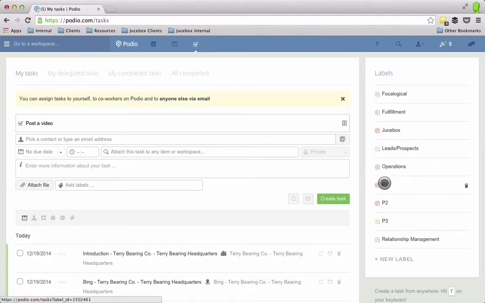And then finally, relationship management. And then there's the priority. And the reason I